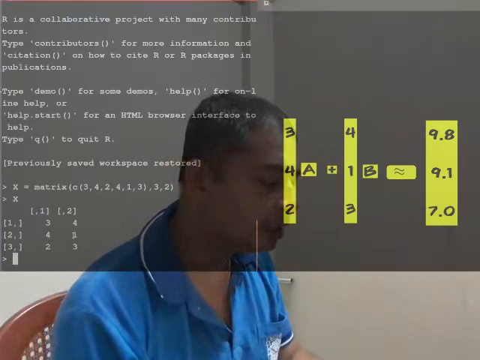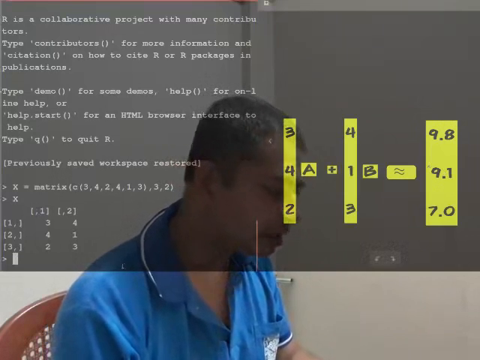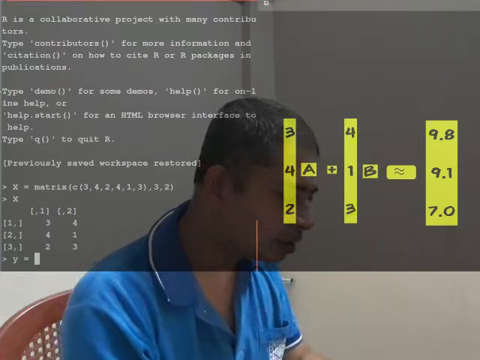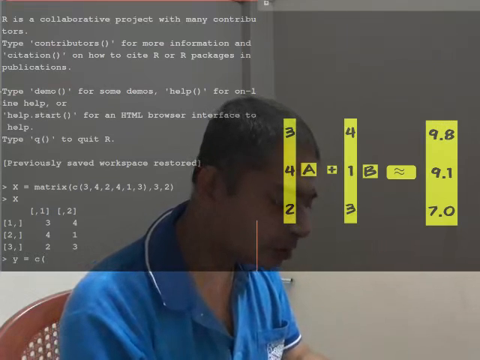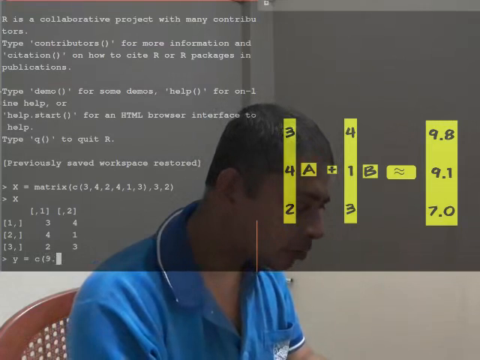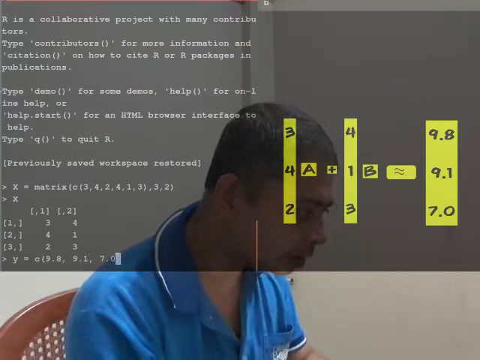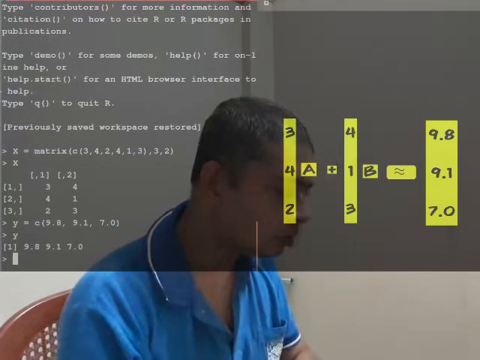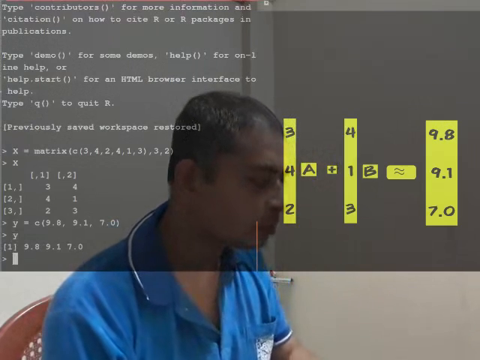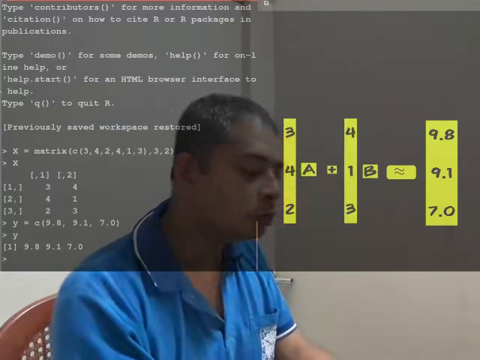And then what I will do is I will create this measurement vector. I will call that Y. Now I do not need the matrix command, just c will do: 9.8, 9.1, 7.0, and that is my Y. Now I am going to create